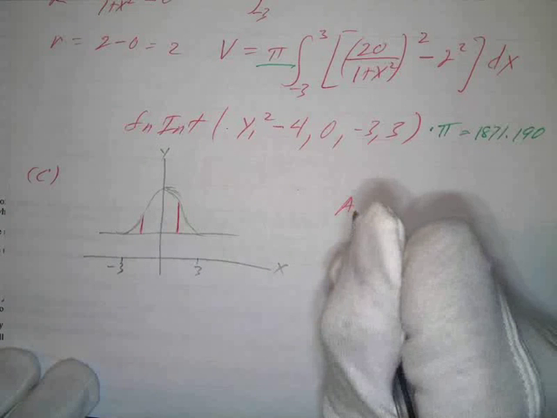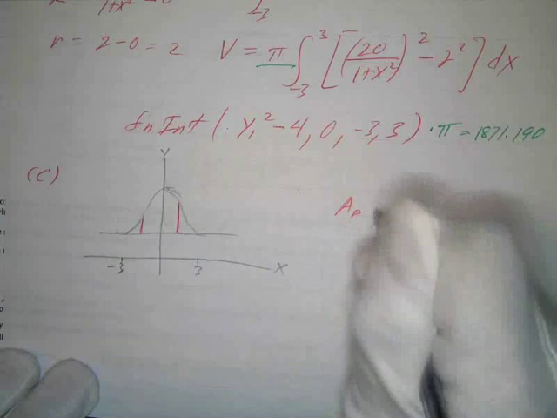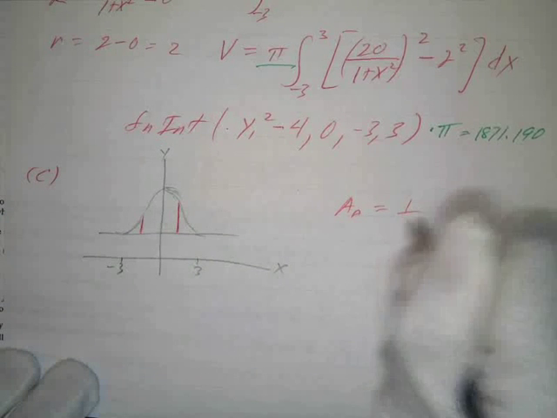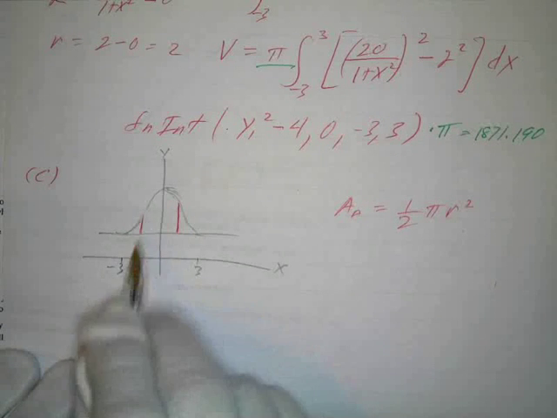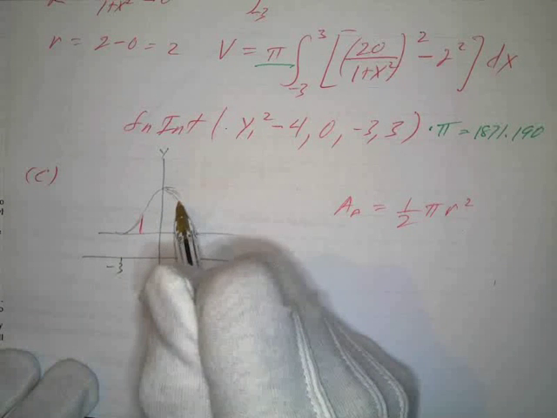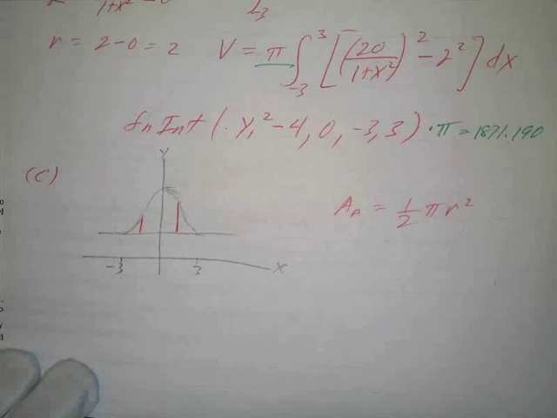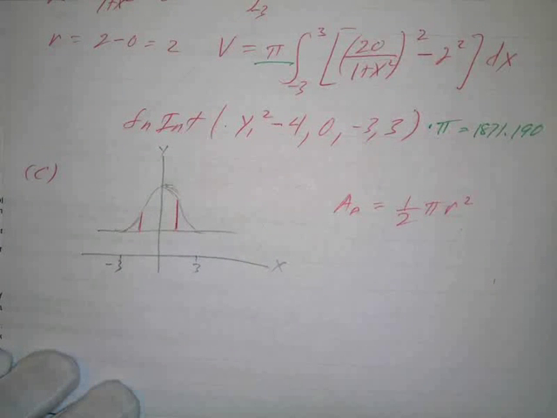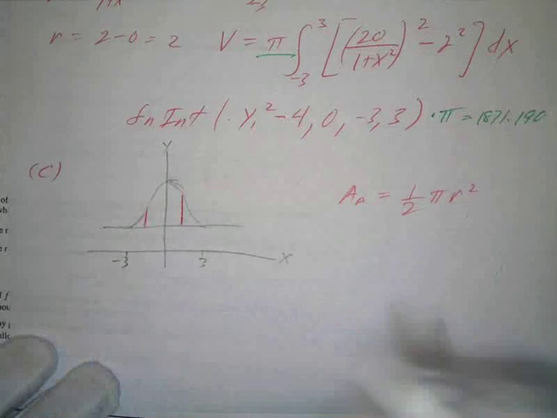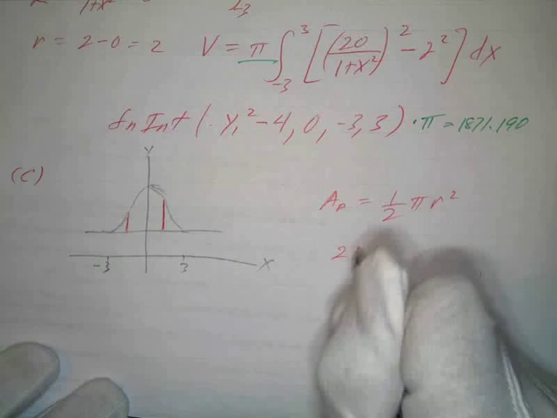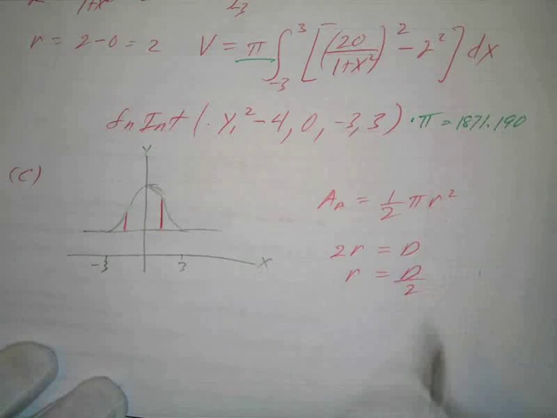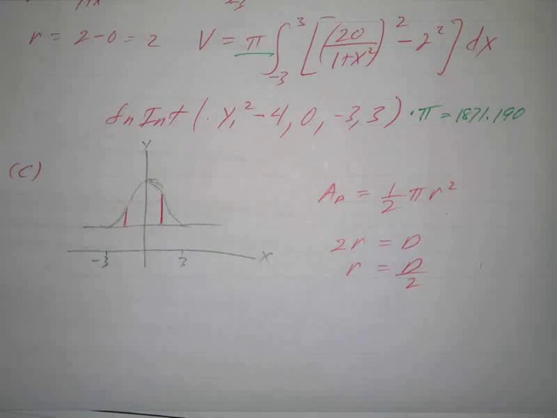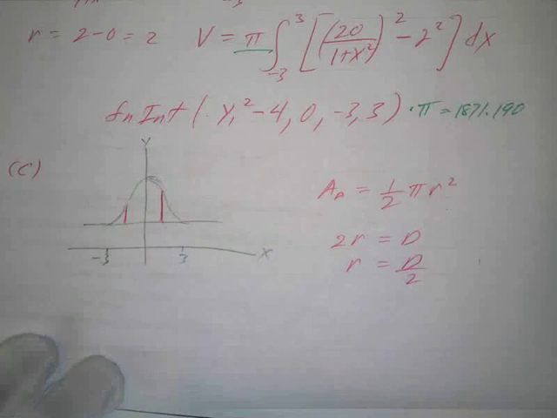So remember, the area of a semicircle, half of a circle, the area of a circle is pi r squared, so that's 1/2 pi r squared. That's the area of the semicircle. Okay, so we have to figure out how to get the radius. Well, this is going to actually be the diameter, so you have to be careful. 2r equals d, all right? So radius equals d over 2, all right? 2 times the radius equals the diameter, so radius equals the diameter over 2, and the diameter is going to